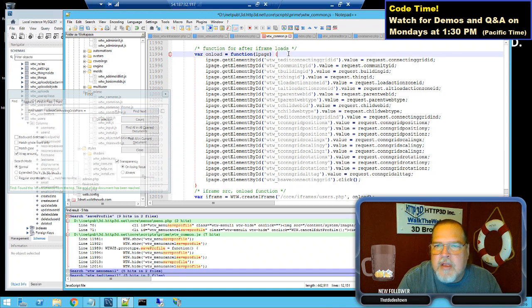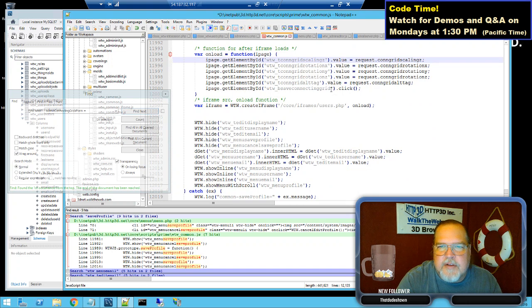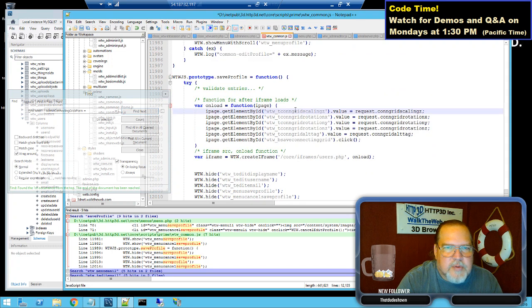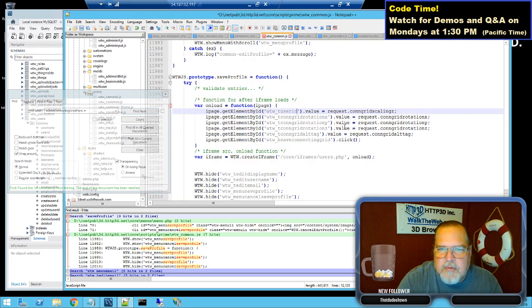Then here, what I need is about 1, 2, 3, okay, about 4 fields, 5 fields. First one we're going to do is we're going to pass the user ID, which if you look over here, we always have the user ID handy. And we're going to pass that user ID to this thing,